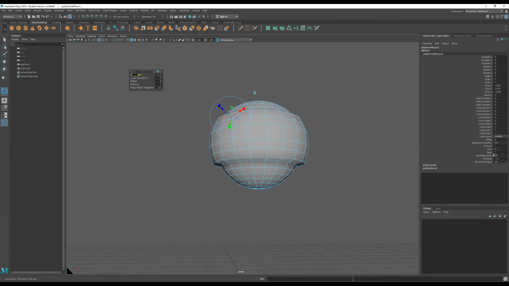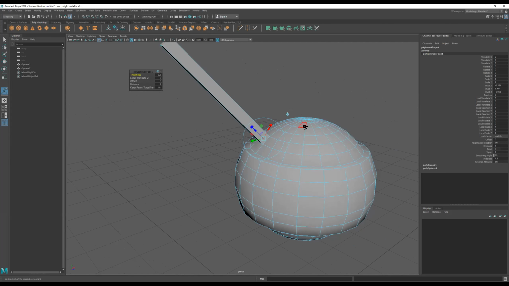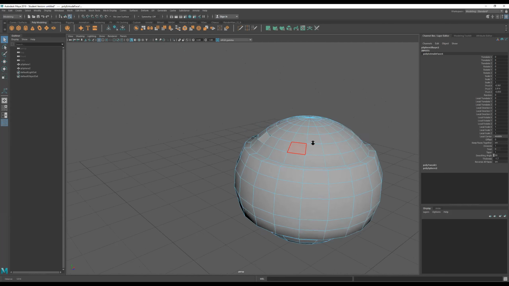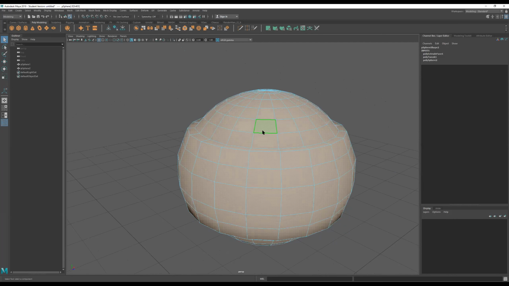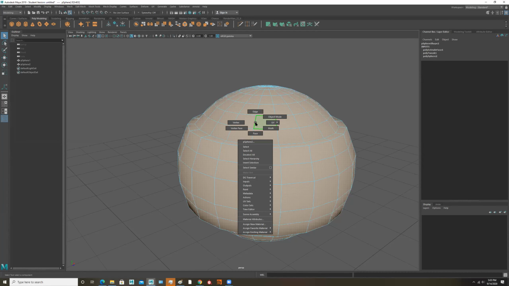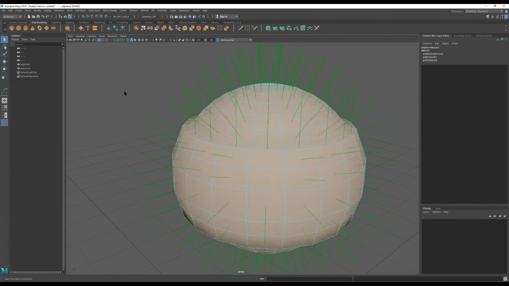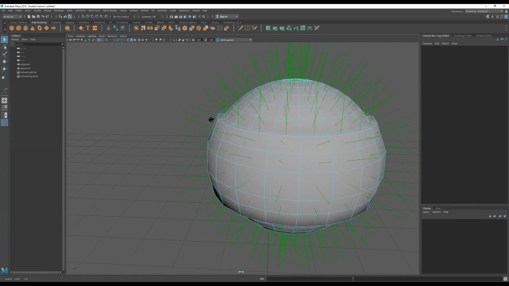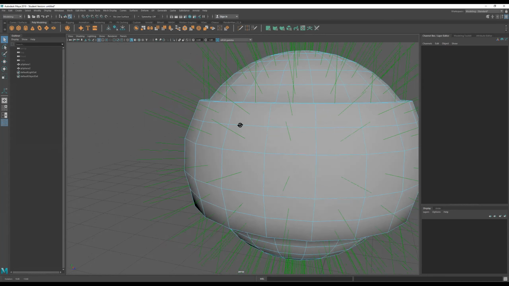Because all it's doing is working on something called the normal. Let me show you that too, I guess, right now. You don't have to do this with me. You just have to see me do it. So I'm gonna double click on these faces right here. I'm gonna shift right click, face normals, toggle face normal display. Okay. So what these little green lines right here are, these are called normals, right? And what a normal is